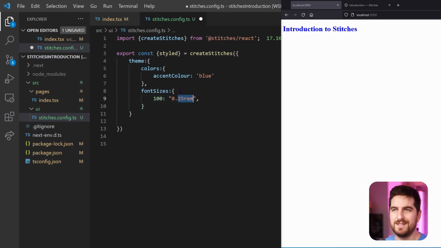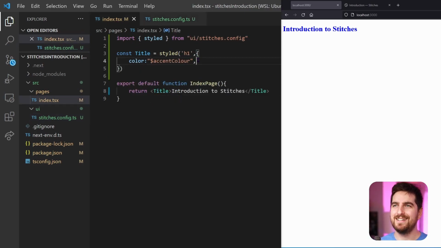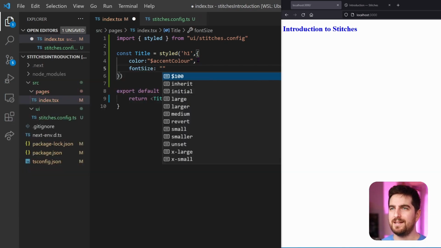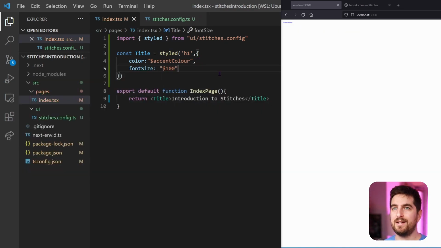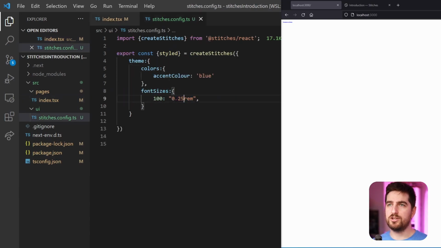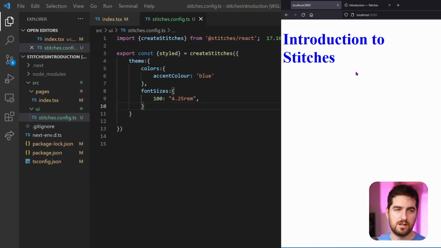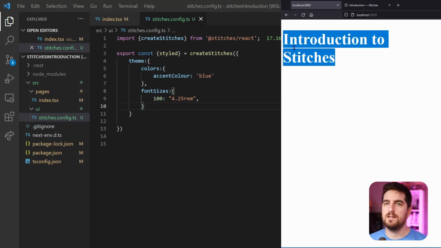Don't use that, but that's fine. And here we go, font size. And now it's available to me as 100. And if I were to change this later on and say 100 is this much, then it will change and update all of the ones that use that specific